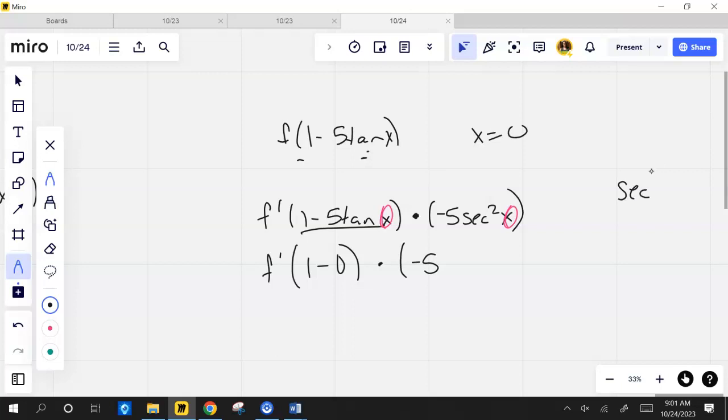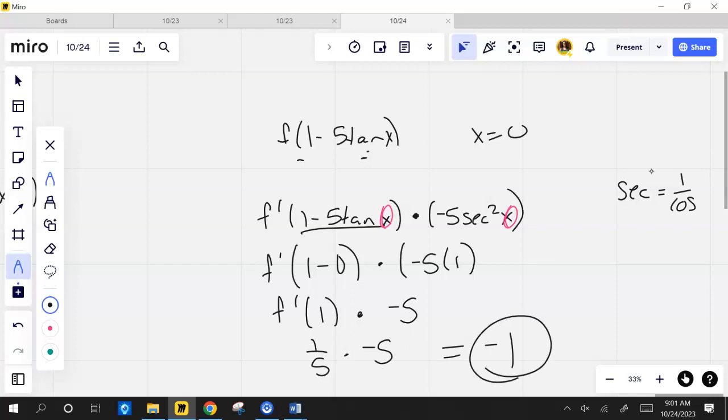Secant is 1 over cosine. So what's the cosine at 0? 1. So I've got derivative f prime of 1, and then I'm going to multiply it by -5 when I'm done. So look at that chart. F prime of 1 is 1/5. And when I multiply that by -5, I get,